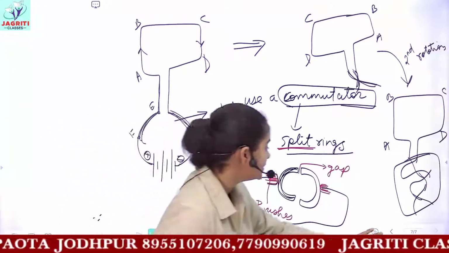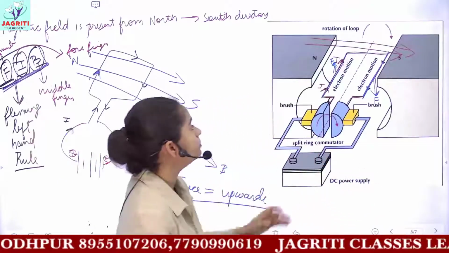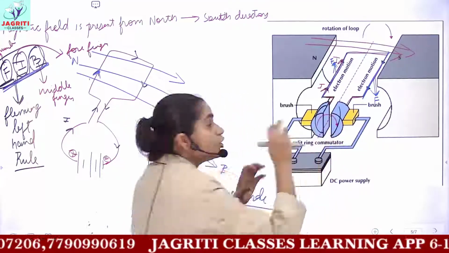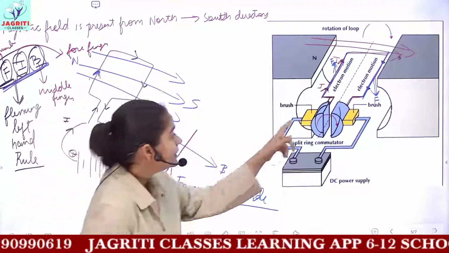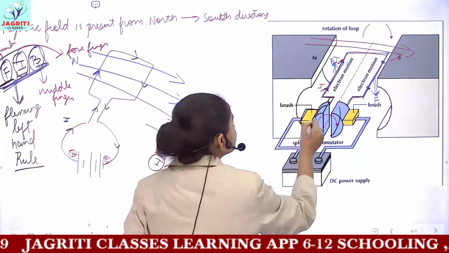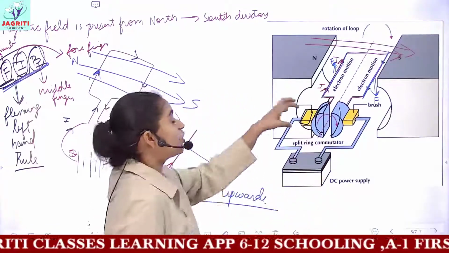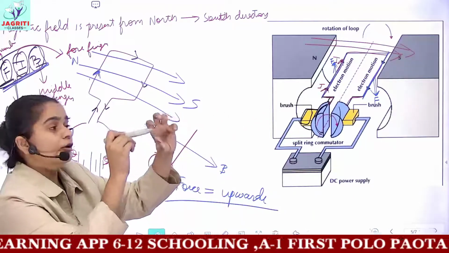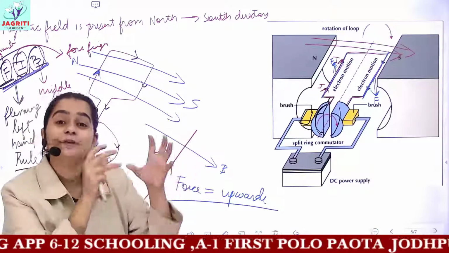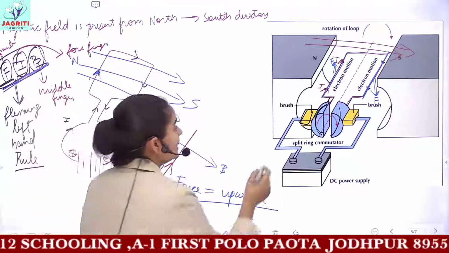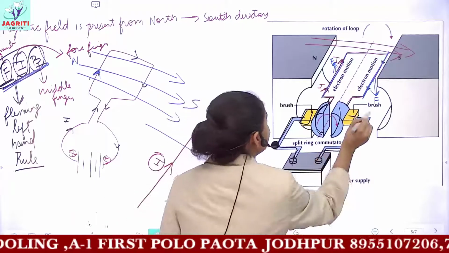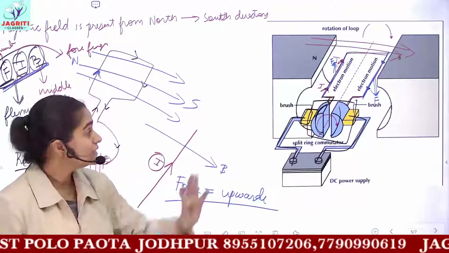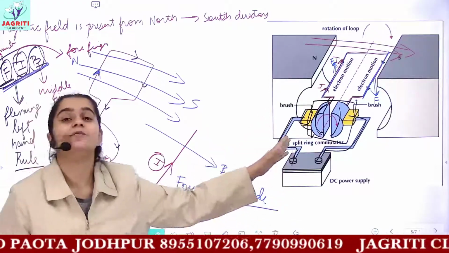So what would happen is, you can see this in the diagram, when this rectangular coil would move, then these split rings can also easily move with the coil. And when the split rings move, the brushes slip on the split rings. That is because these are not attached. When your split ring is moving, the brush just rotates on different parts of the split ring. And then you can have the connection, that is when you are using a commutator, then your wires do not get entangled. So this is the use of commutator which we have in our motors.